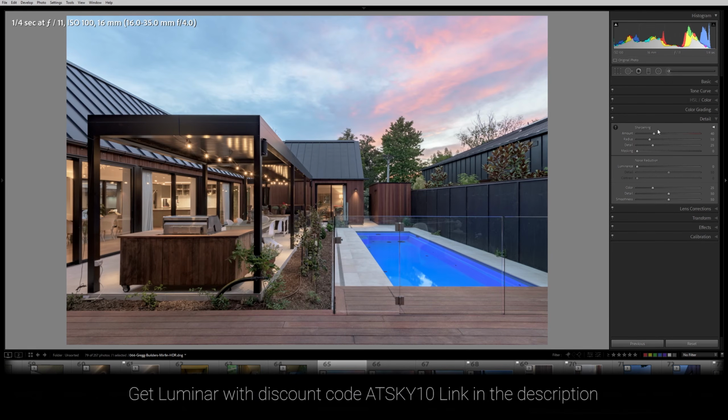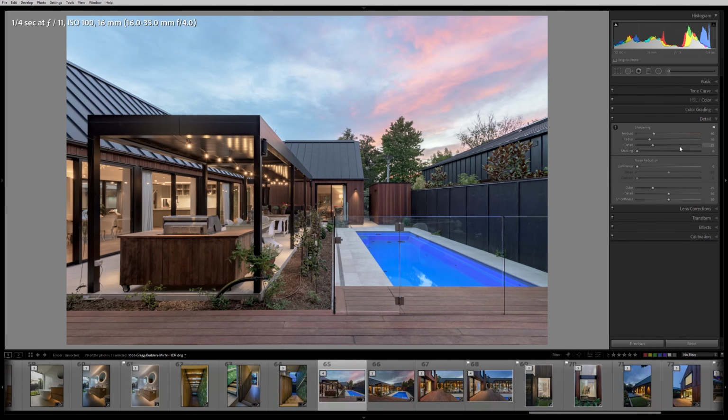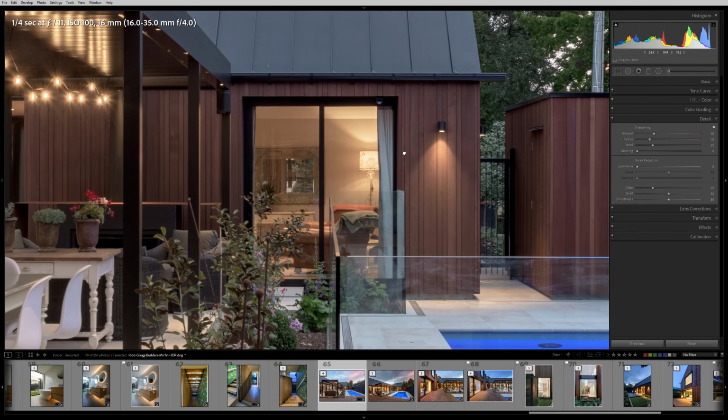So I don't like to double up on it, because I normally put every single photo I edit through Luminar just as a finishing touch. But for the sake of thoroughness, we are going to look at sharpening in Lightroom. So I'm going to zoom in, because that's the most important thing we need to do, so we can actually